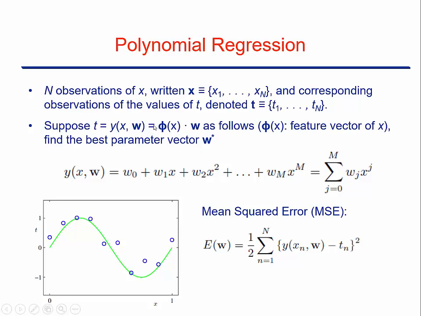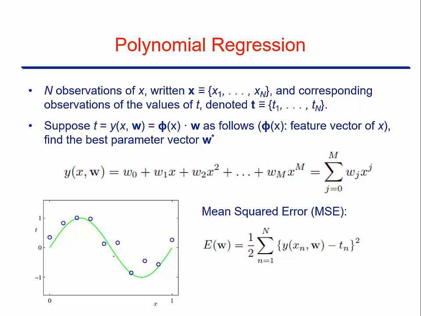Now, suppose we have a number of data points. Here we have 10 data points, which are sampled from a true distribution. And the green curve just shows this true distribution. We sample a number of x and the corresponding t's by adding some noise to the true distribution. Then this is a cosine function of x, which can be approximated by a polynomial expansion